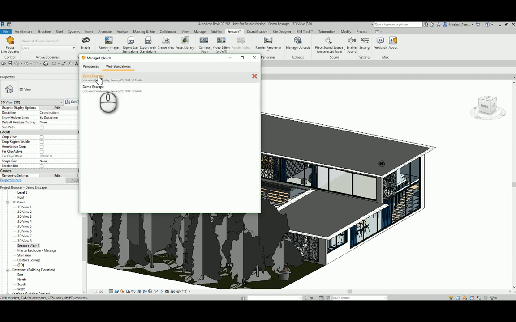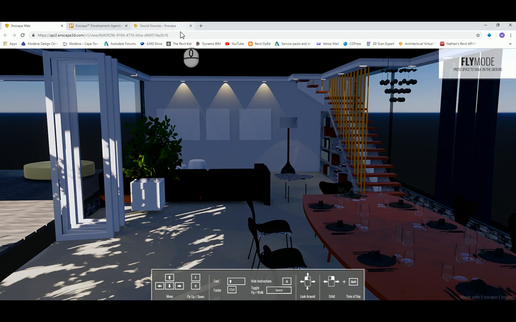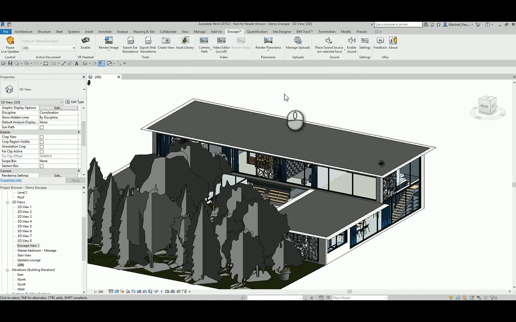When you go there, again, it's going to launch the web version. And you can copy this link and just send that link to someone and they will open this on their screen. So it's really easy to use, very interactive, and quite a good solution to just allow them their own